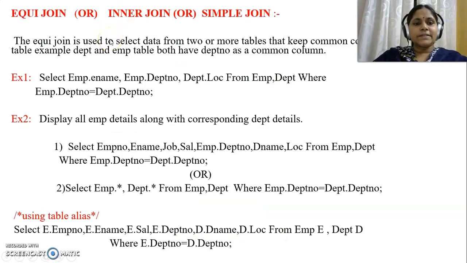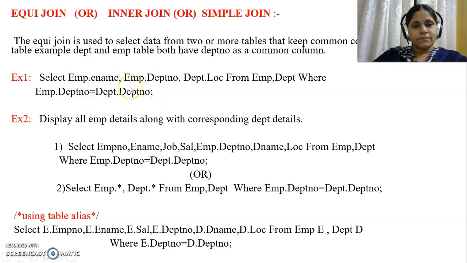The syntax goes like this: select employee table ename, employee table department number, and also department table location attribute from EMP, department, where the employee table department number is equal to the department table department number. So, equi-join will have an equal-to sign between the common attribute of both the tables.